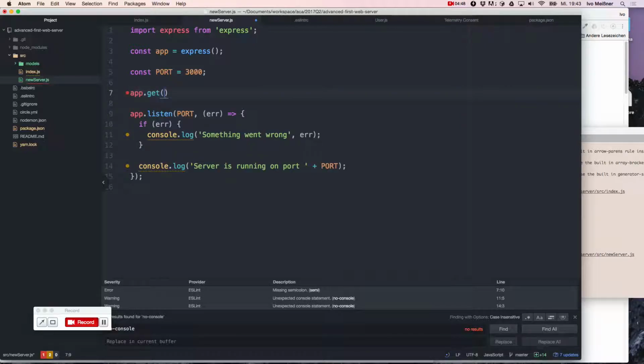App.get, exactly, and then as a string slash, let's call that dishes or recipes. Respell it like that. Okay. So now Express knows to do something when we call that URL with a GET request, and then